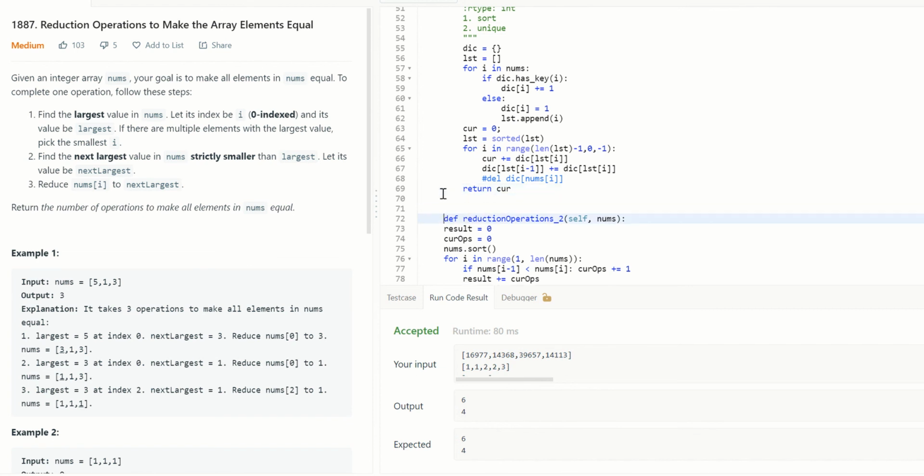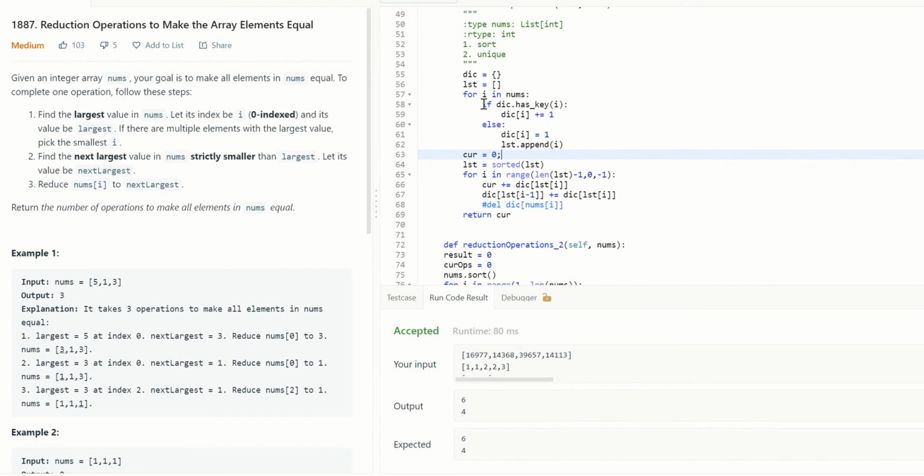We are filling up the dictionary with values for how many times they occurred here. By now we have the dictionary filled up. While we are filling the dictionary, we are creating a list which will have unique values.